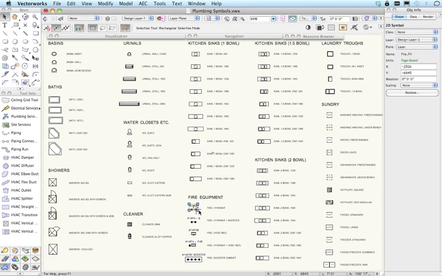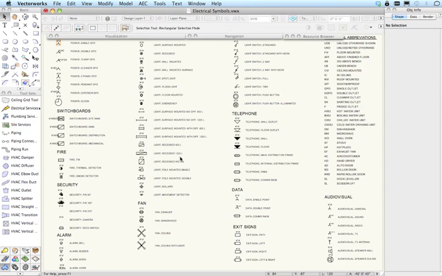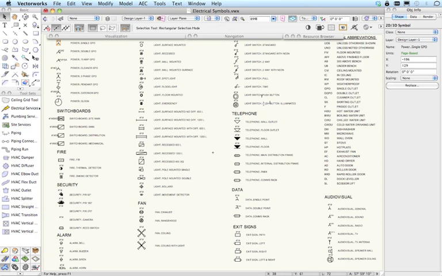Here is some fire equipment: a fire hydrant, booster, hose reel. Typically these are representational symbols and will appear at the same size regardless of the layer scale. Let's take a look at our electrical symbols. All of the electrical symbols are page-based, possibly with the exception of the ceiling fan. To be honest, I can't remember, but pretty well they're all